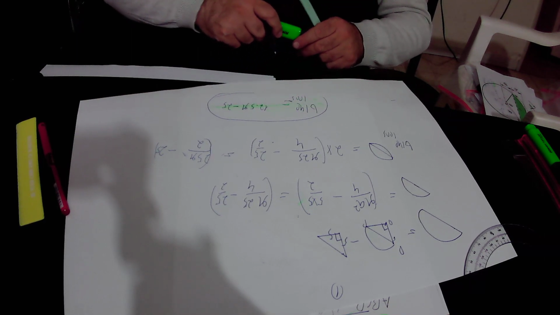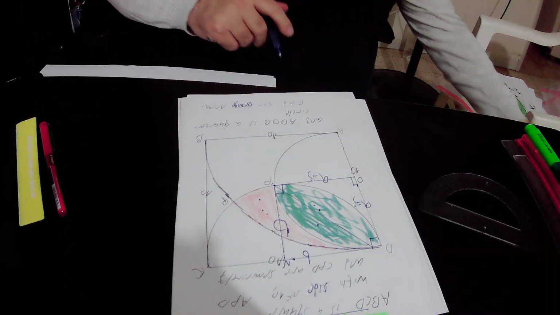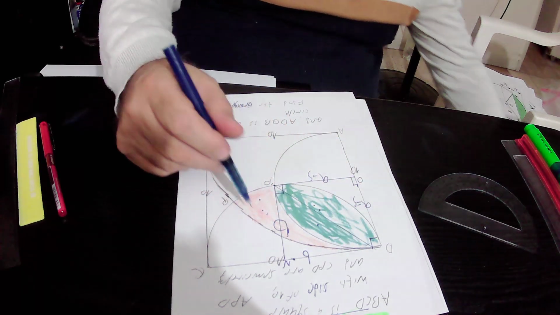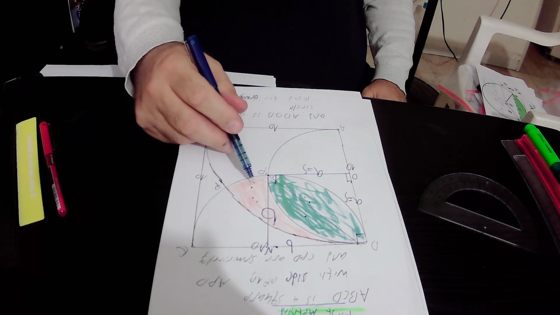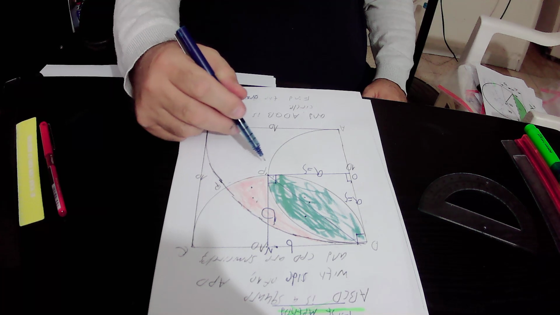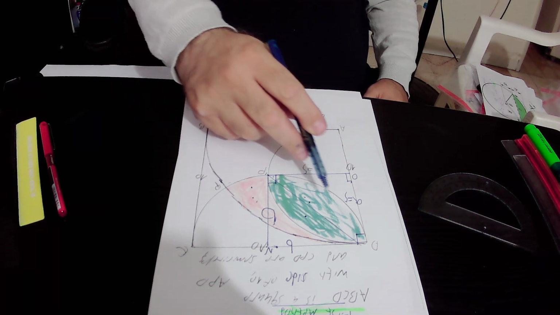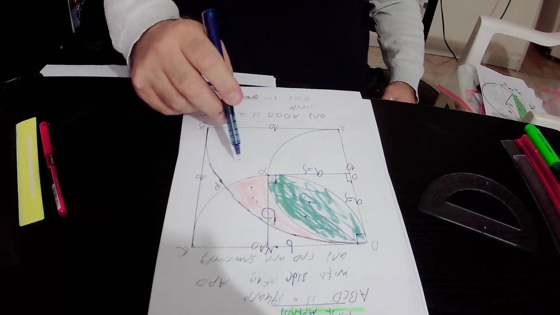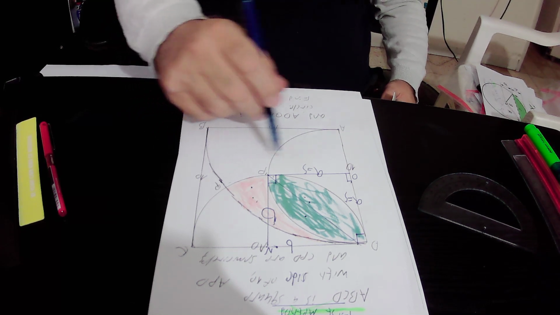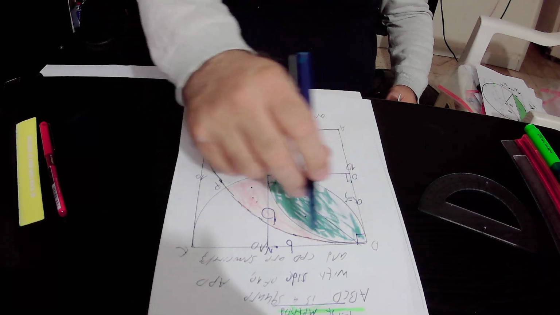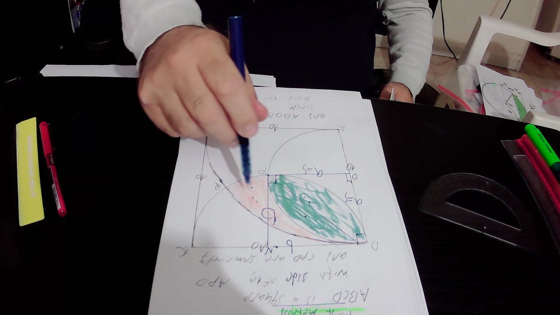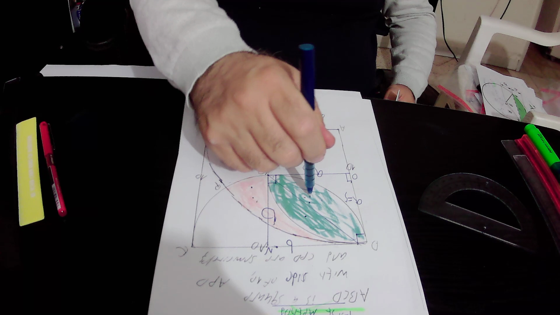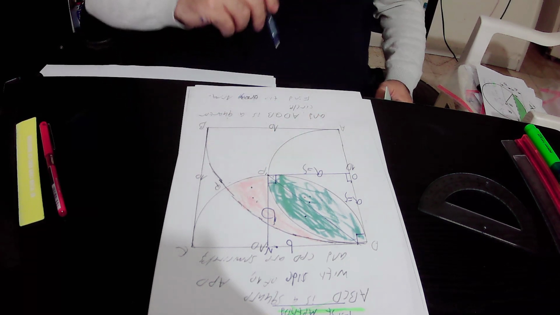Okay, so in the next step we will find out the area of the big lens. The area of the big lens consists of the area of the blue lens plus the area of the orange shape. So we'll find out the area of the big lens, this lens, and we'll subtract the area of the blue lens from it. The area of the big lens minus the area of the blue lens equals the area of the orange shape, that is